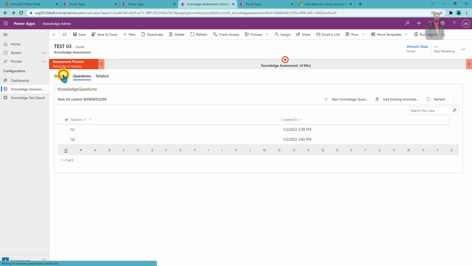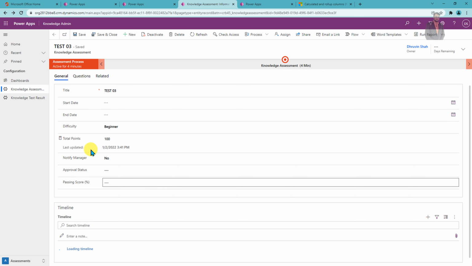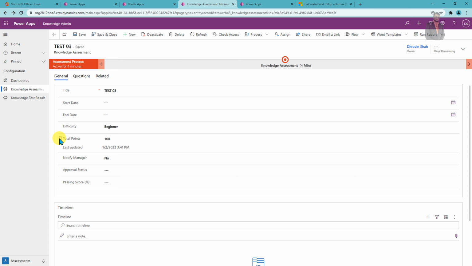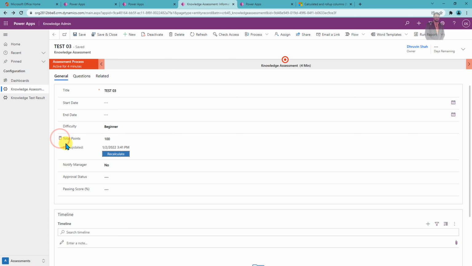Now if we go to the general section, let's try to recalculate. The first question's sum was 100, and the second question's sum is 150. So the total sum should be 250. Let's see. Now I'm clicking on the calculator and clicking on recalculate, and here we are. You can see I got my answer, 250.